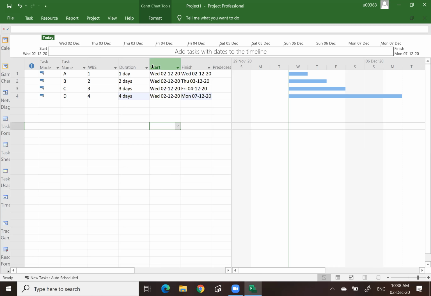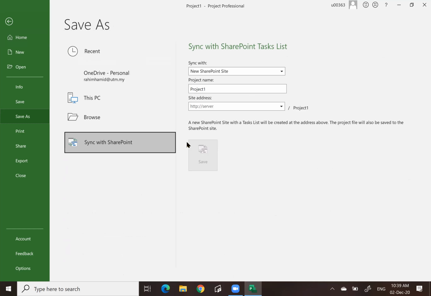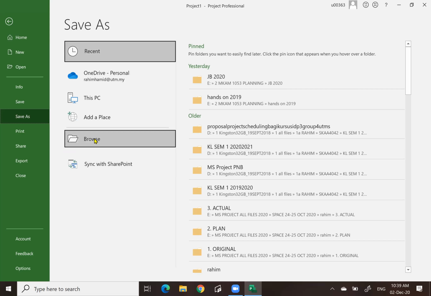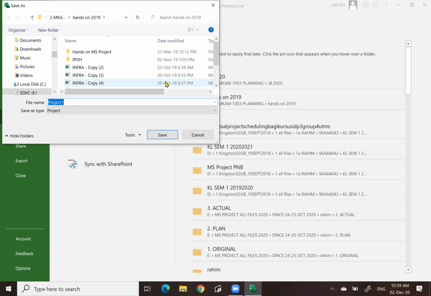first thing first, when you want to do the scheduling, what you should do first is basically setting up. You click on file. There are a few what we call menu here. The one that we are looking at, for instance, the save as is similar to Office. When you save as, you can save as, for instance,